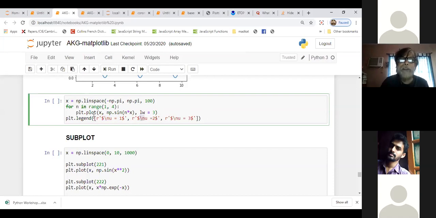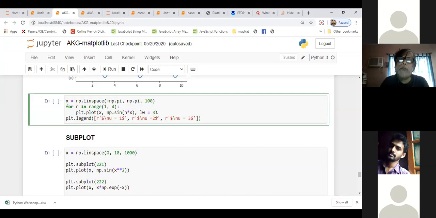You create this. See, this is a list, and you put the list inside this legend function. And you plot 3 plots together inside this for loop. Inside this for loop, you write x comma np.sin(n*x). For the first plot, n's value is 1. For the next plot, n's value is 2. For the third plot, n's value is 3, and so on.